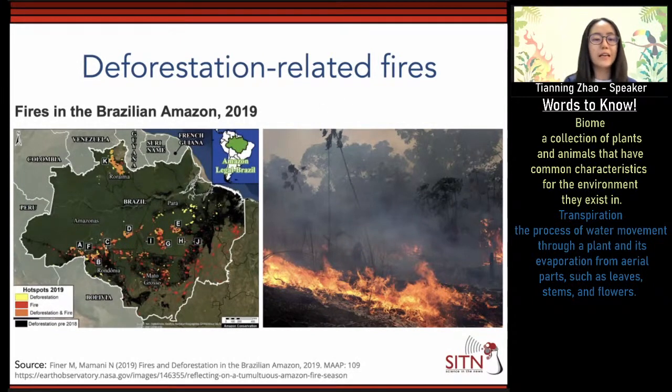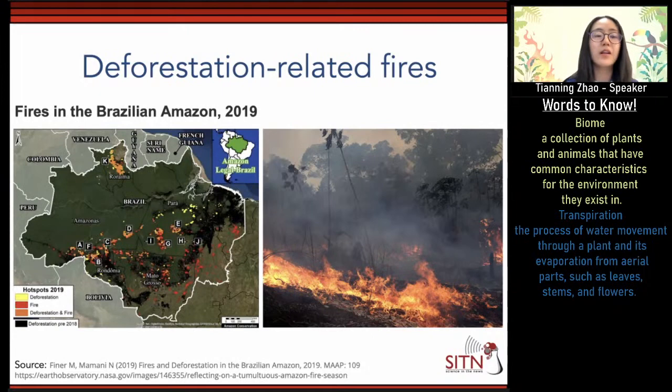which is a picture taken by my Brazilian colleagues in the Amazon region during the year 2019. If you still remember, that's the time in September 2019 when it actually caught the world's attention again that the Amazon is on fire, and "pray for Amazon" was all over the media. And that is because the plume, within certain weather conditions, was blown all the way to Sao Paulo, where a lot of people live, and caused severe air quality problems.